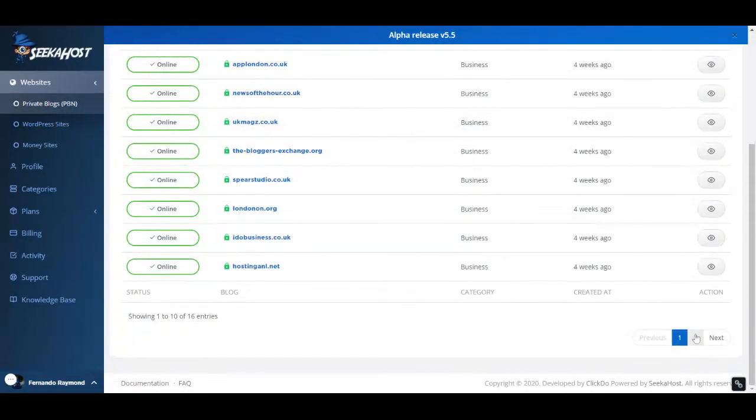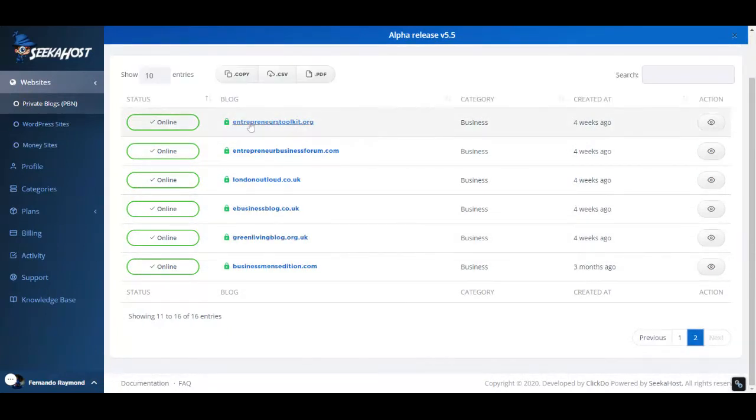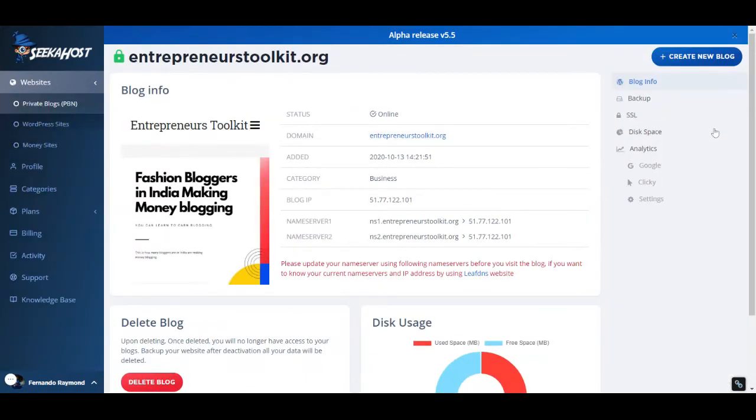So these are some of my PBNs in one of these accounts, in the SeekaHost PBN blog hosting control panel. You see this one, Entrepreneurs Toolkit. That's the expired domain, hosted using PBN hosting, with one of the unique IPs. This is our blog hosting control panel, which is already on YouTube. If you want to see how it is, and if you want to use it, I'll tell you. So this is a PBN hosted using PBN hosting, and now I'm going to show you its ranking for